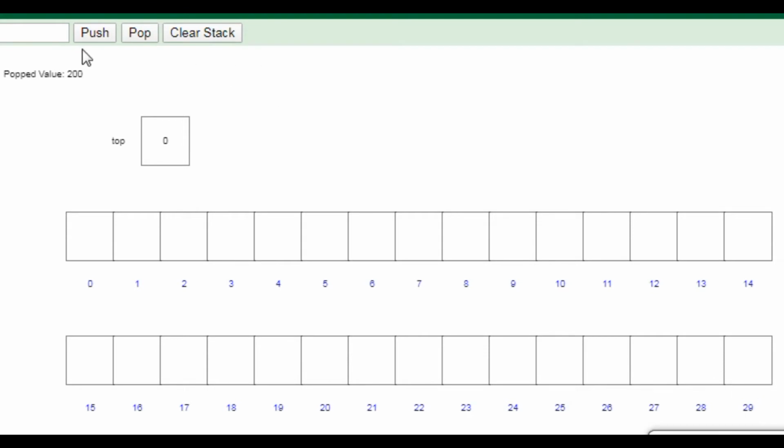We are going to perform the push and pop operations using these two buttons, and I will provide a value here. First value, suppose 100, so I have just pushed it, and it will be placed at the first index. Now the second value, 200, in the same way, has index number 1.